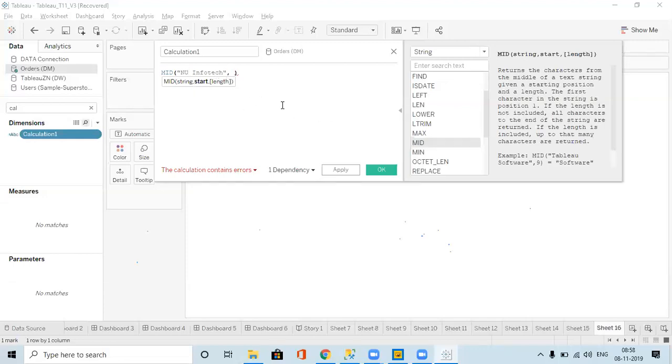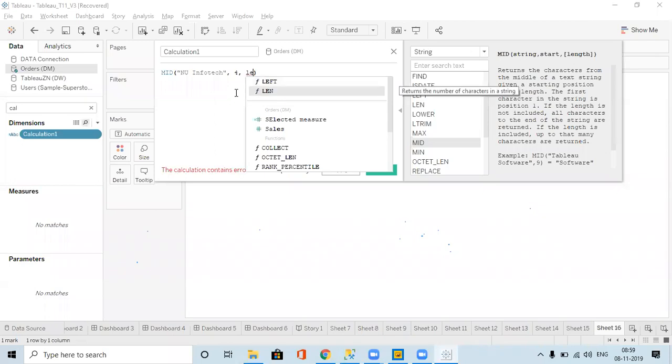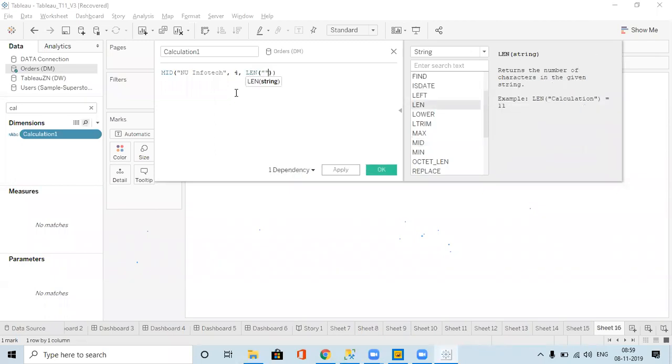How do I get it? I can give from the fourth character onwards, and I can give the length of that particular part also. This is the static way we can give it, which will give Infotech.